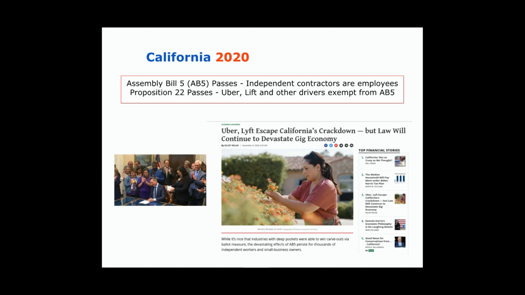it was put to a ballot initiative, Proposition 22, which basically Uber and Lyft were largely behind, but some other ones were also backing. And what was the result of that? It passed. So Uber and Lyft drivers were exempt from AB5. Most of the bill was pointed at Uber and Lyft, and they were able to have a referendum and get around that. How this is going to play out in the longer run, we don't really know. It's still kind of in process,